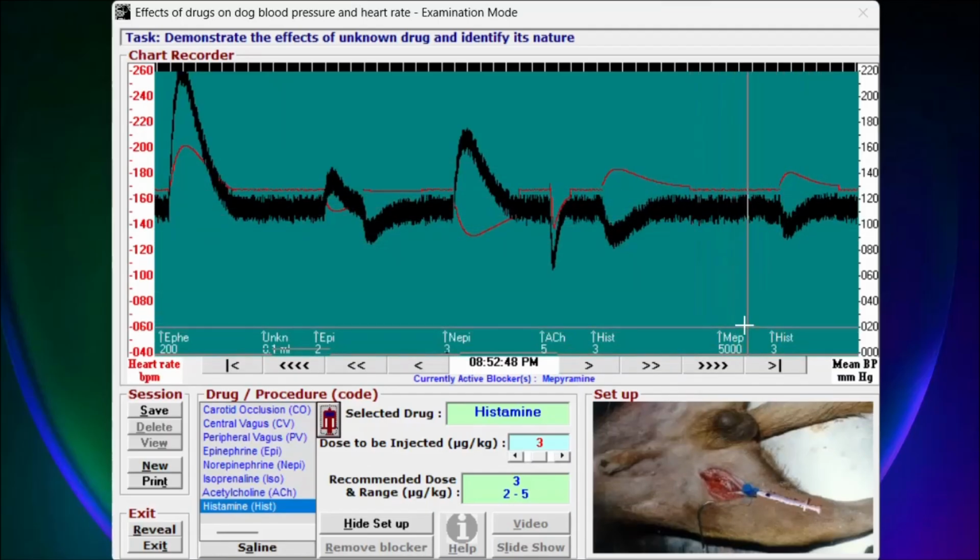ठीक है, तो हमने क्या किया है, हमने मेपाइरामिन भी दे दिया है, ठीक है, प्लस unknown भी दे दिया है। तो इसका मतलब अगर हमें still हिस्टामिन का कुछ रिस्पॉन्स मिल रहा है, it can be only possible when some of the histaminic receptors are still spared। तो यहाँ पे हमने मेपाइरामिन तो दे दिया है, तो H1 रिसेप्टर्स तो already ब्लॉक हो चुका है, there is no question of H1 receptors। But now still we are getting the response, this means H2 receptors are still spared।